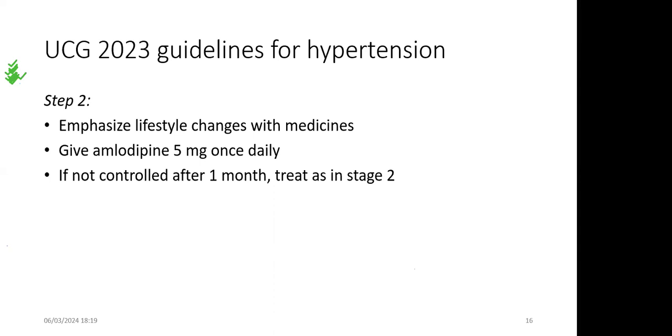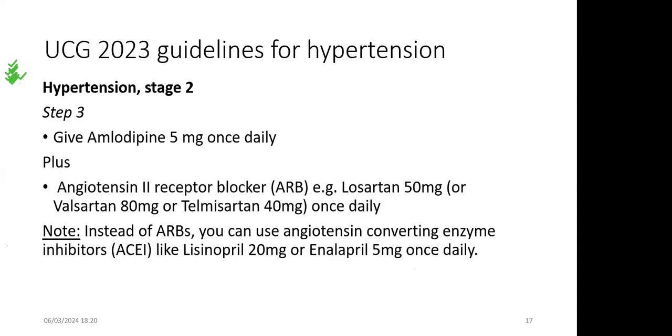When we fail on lifestyle and we do our reassessment after a month, we initiate amlodipine, 5 milligrams once daily. Then again, we reassess after a month. If we are failing to achieve our outcomes, we do what? We will treat this patient as a stage 2. We will treat them using the stage 2 modality. So hypertension stage 2, according to the UCG, we start with amlodipine 5 milligrams, then we add on. Once a patient is in stage 2, we use 2 drugs. We will either use a calcium channel blocker combined with an ARB, or we will use a calcium channel blocker combined with